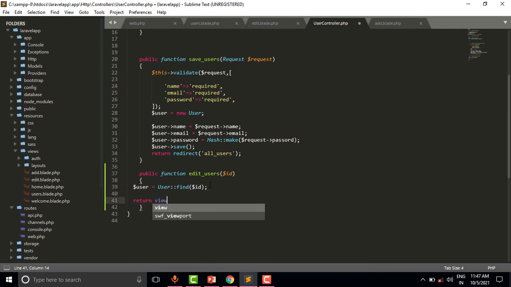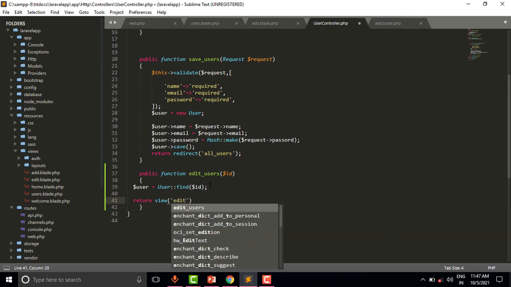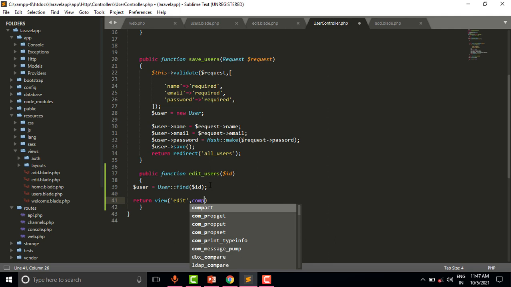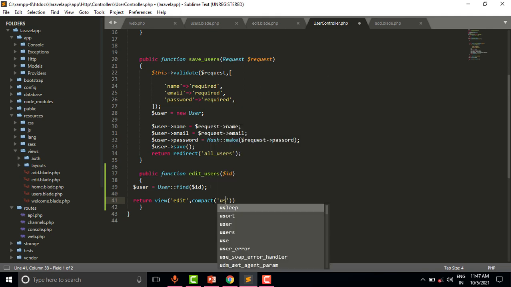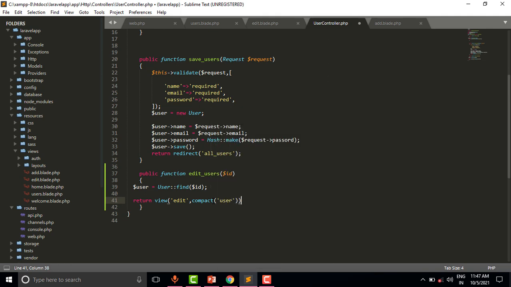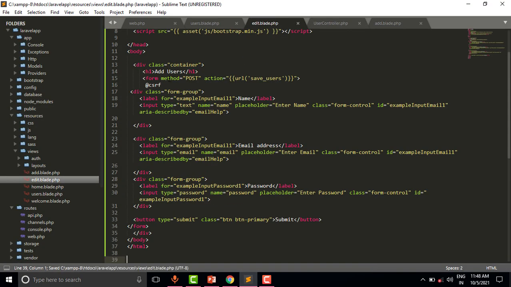Return view edit, and we will pass the name users. So let us customize this page.